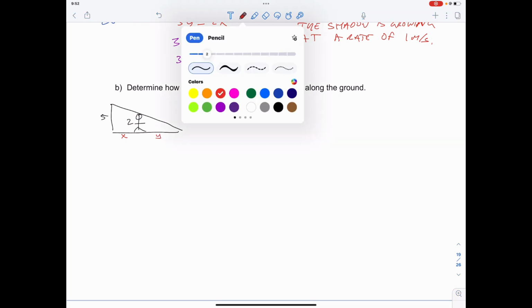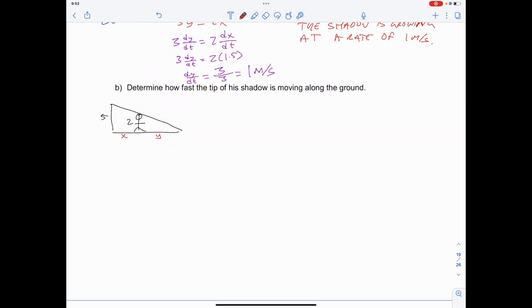What's happening? Well, we know that this x is increasing at 1.5 meters per second. We know that this y is increasing at 1 meter per second, which means that if this length is growing at that rate and this length is growing at that rate,